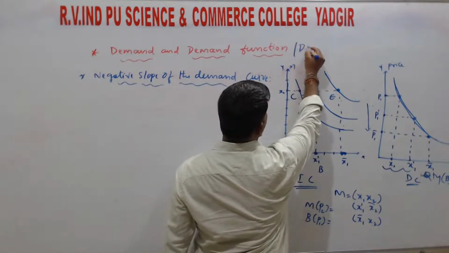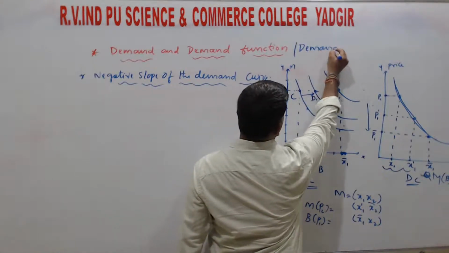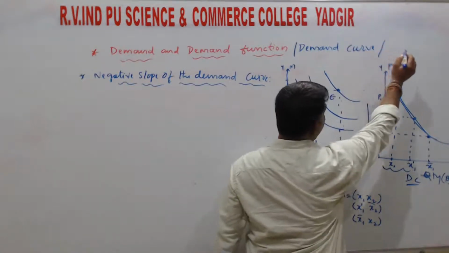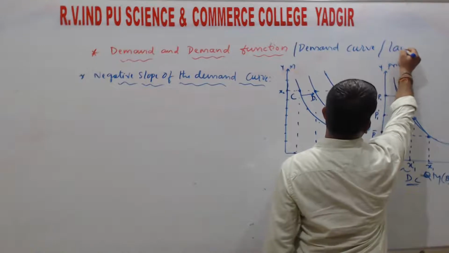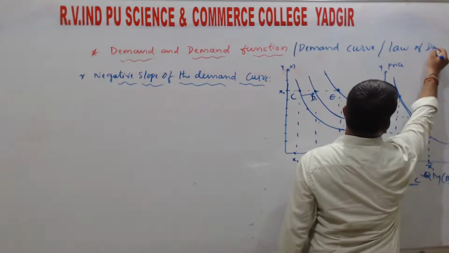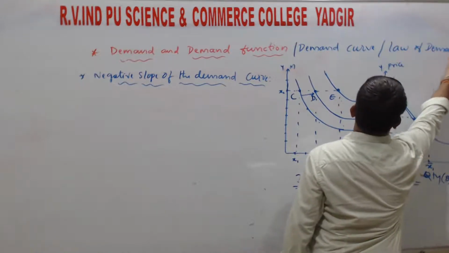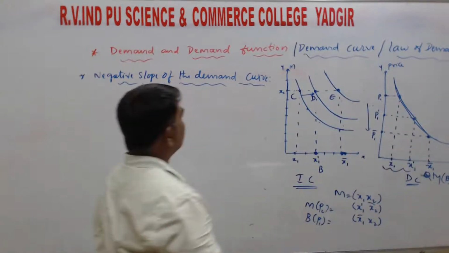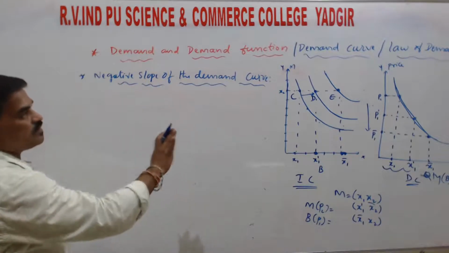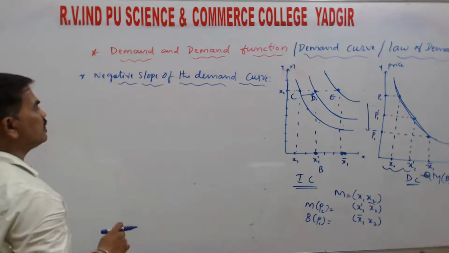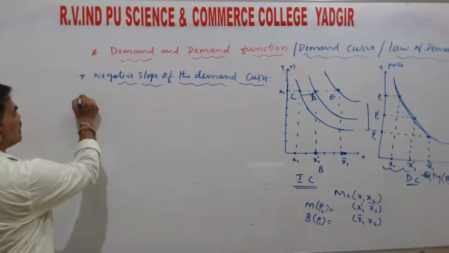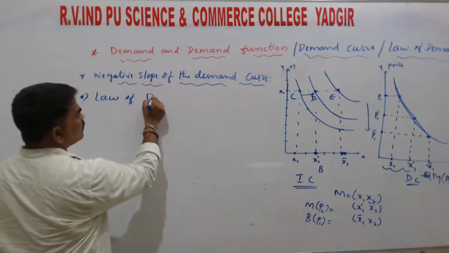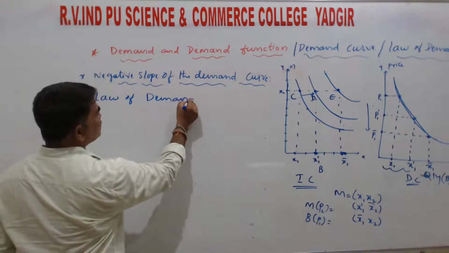Now, the demand curve. And now we are understanding the law of demand. Demand curve, law of demand. So we have discussed the demand curve. It is negatively sloped. And what does the law of demand say? Now we will understand that. Law of demand, it says